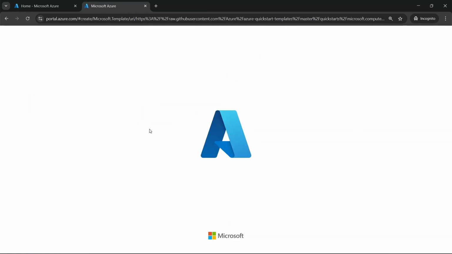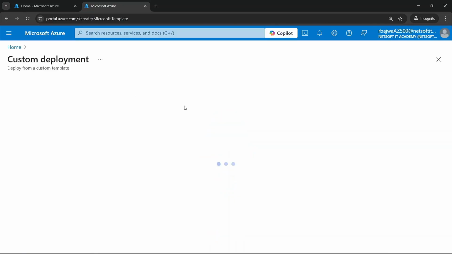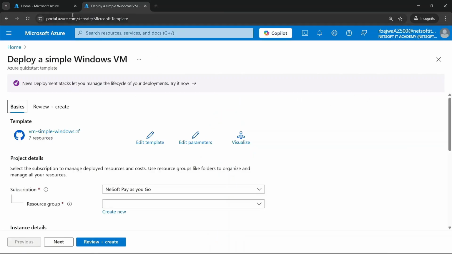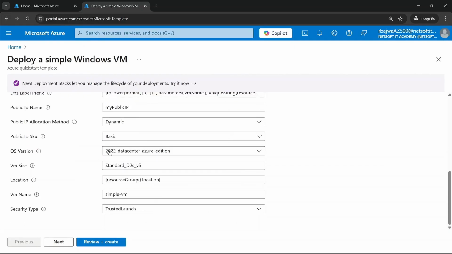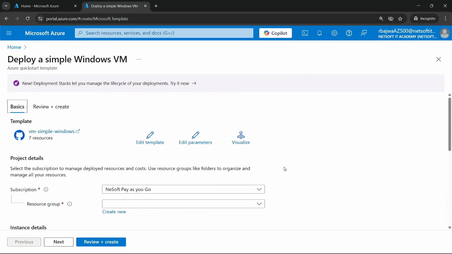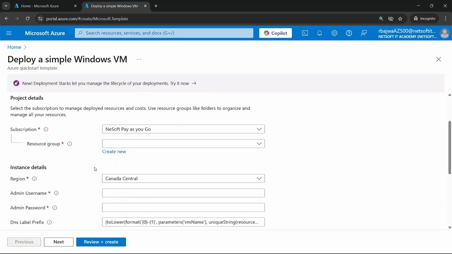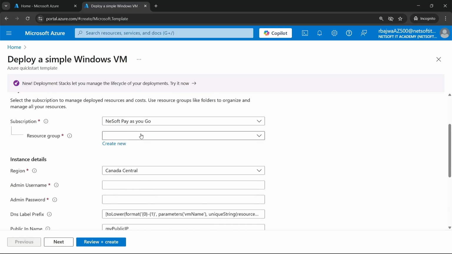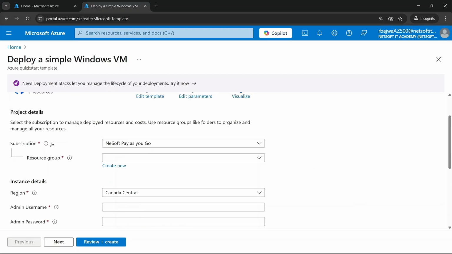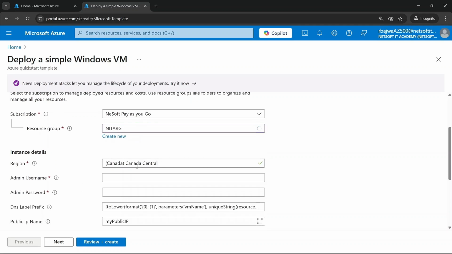If you click on it, it will take you to the Azure window. You may have to sign in if you are not already signed in. And here it is. This is your template. This is where you will make your changes. So you can actually edit the template, or you can edit the parameters. If you are happy with the template, then you can add your resource names. For example, over here, I will select my subscription, then I will select my resource group, then I can select my region,